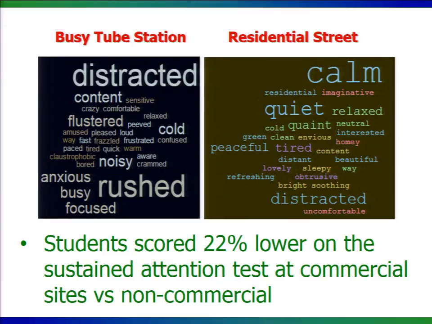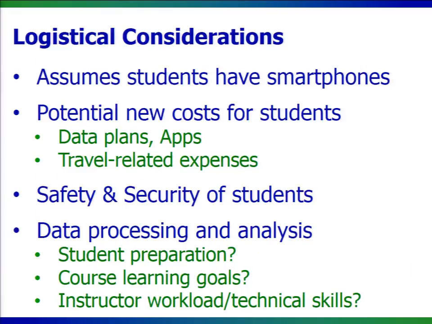We did word clouds of all their sort of emotional responses. So a commercial area versus a residential street. Just the busyness, some of the design, the darkness, the dirtiness kind of affected students in different sorts of ways. And we sort of replicated this study that in commercial areas, we can't focus as long. There's too many distractions. Kind of common sense, but to really put it into thought and then make the connection to design principles, I think has value. Another one I thought the students kind of enjoyed there. All right, so those are the 4 examples going through.